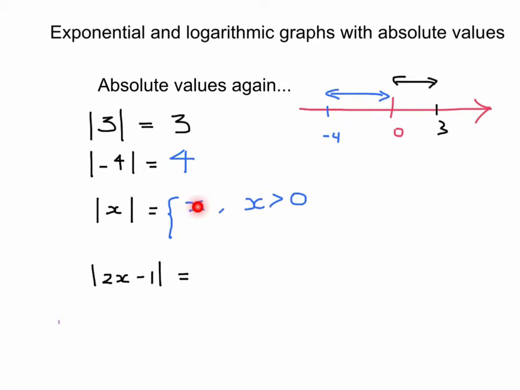When it's the opposite scenario, when the number in the bracket was negative to start with, we multiply it by a -1 to get the positive version. So in other words, we write it's equal to -x if x is less than 0, or if x is negative, in other words. And we put in that little equals there to make sure that we cover the equals case